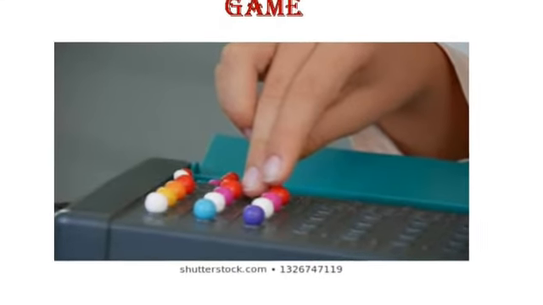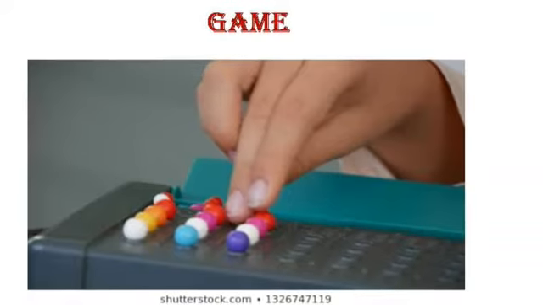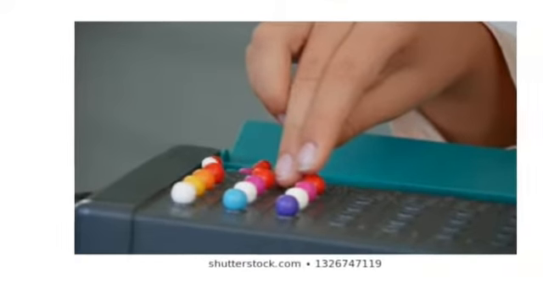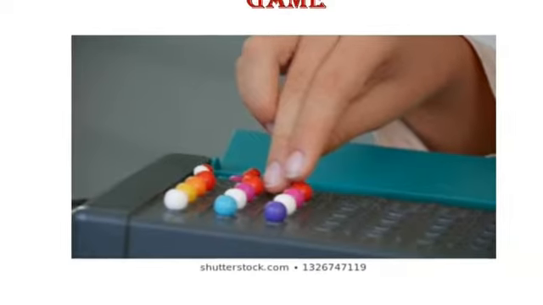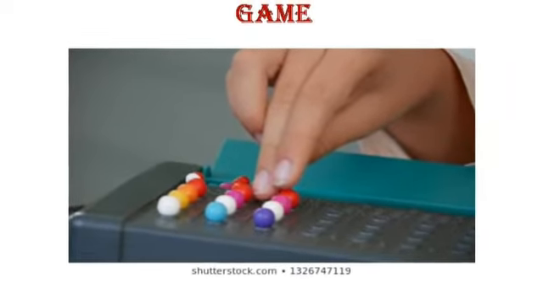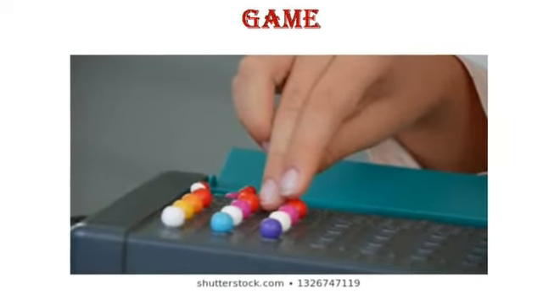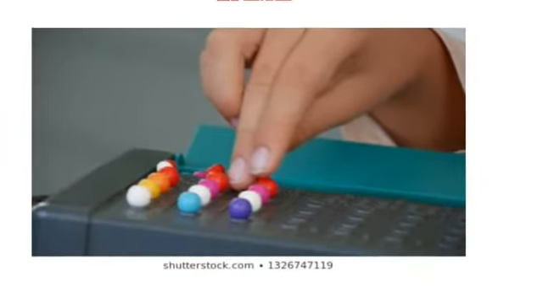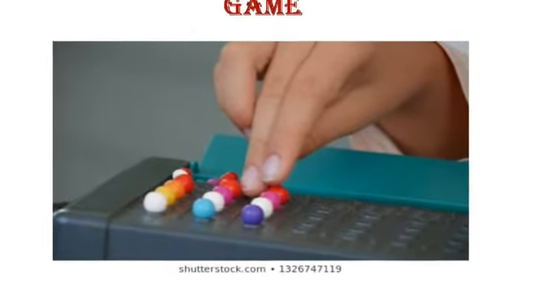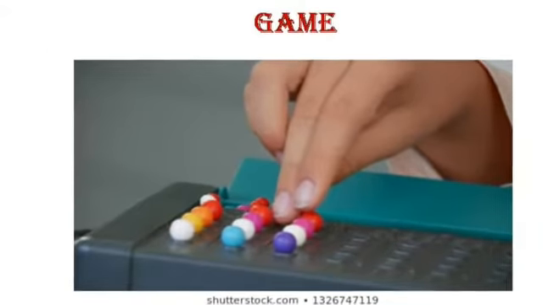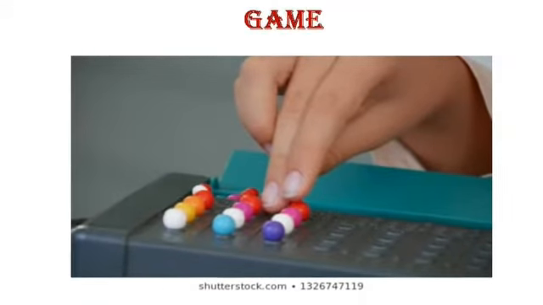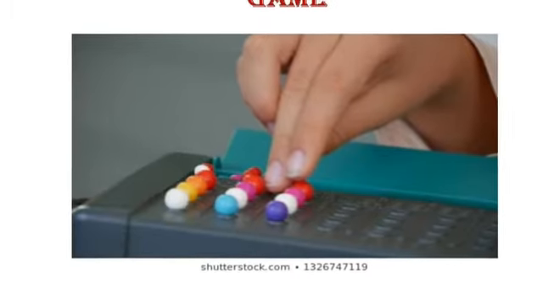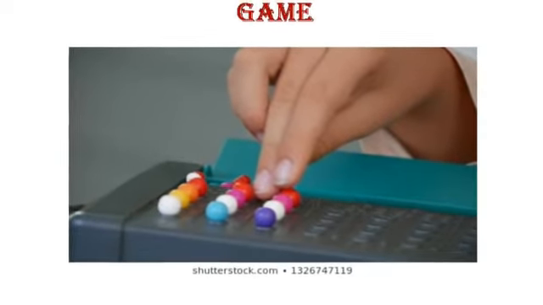Now the second player has to find from the puzzle what color beads they have used and in which order they are arranged. The second player has to find the puzzle. It will be guesswork. When they start playing the game, the second player will not be able to find it, so the first player will give some hints. Based on the hints given by the first player, the puzzle will be solved.